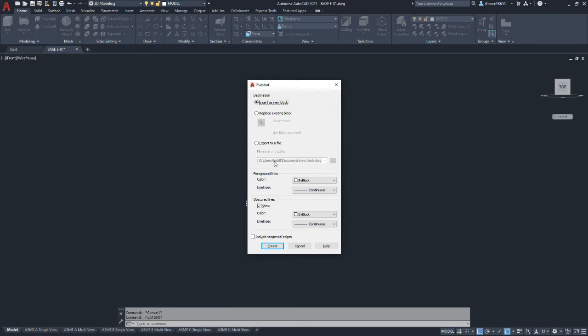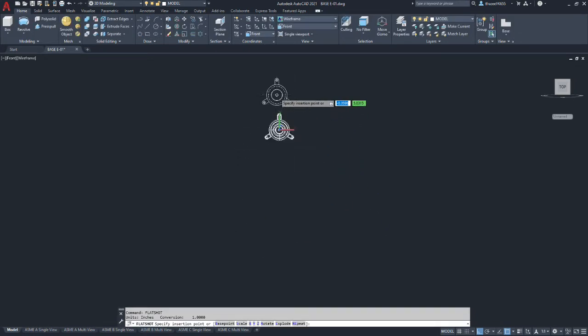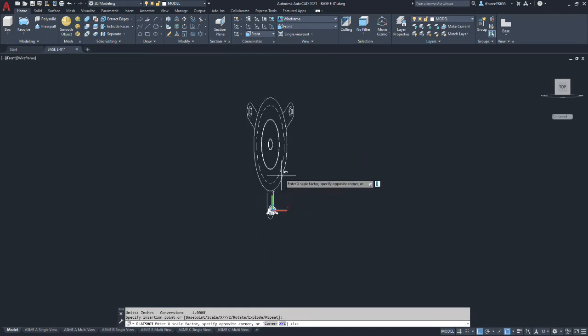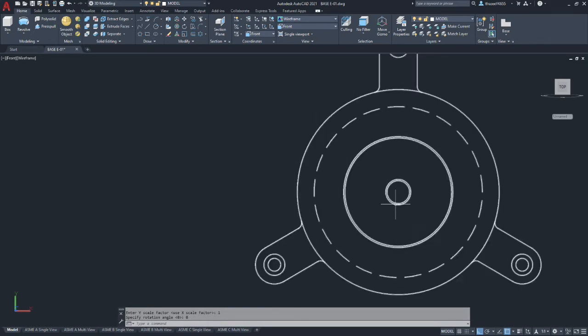We're going to accept all the defaults at the top. We're going to go from by block to layer, continuous line. Under obscured lines can be by layer also with hidden lines. And we're going to create it. And we're going to zoom out a little bit, and we'll throw it way up here. So we scale factor 1, 1, rotation angle is 0. And then here's our